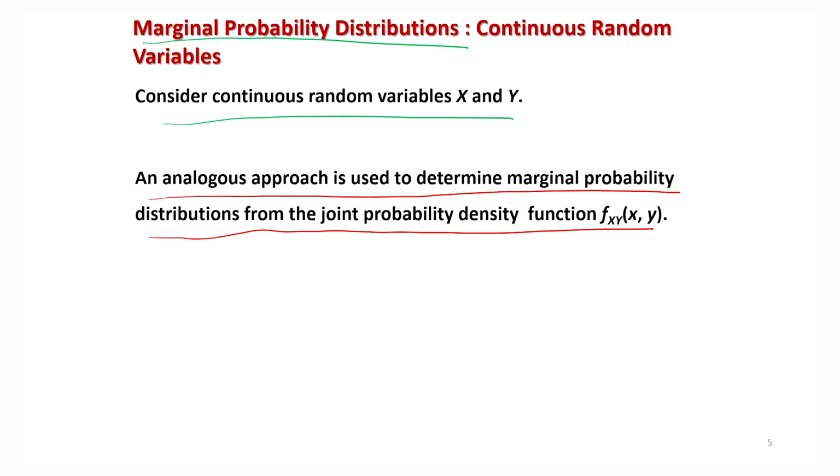What exactly do you want to do? Suppose I want to find out the marginal of x. So what essentially I have to do? I have to remove the effect of y from here. So now how to get it done? In order to remove the effect mathematically, what can you think of? Whenever we want to do something, we have to think of a mathematical procedure that can execute it.